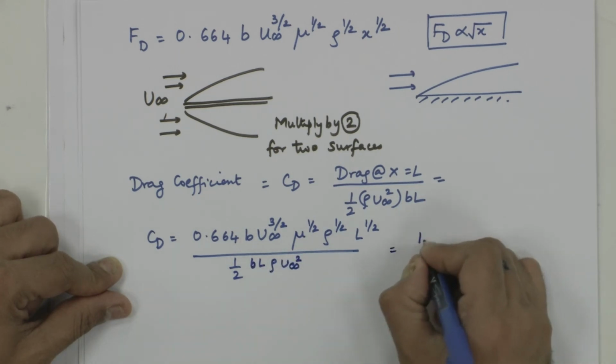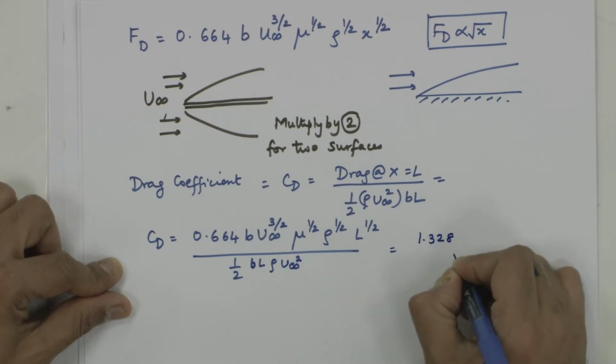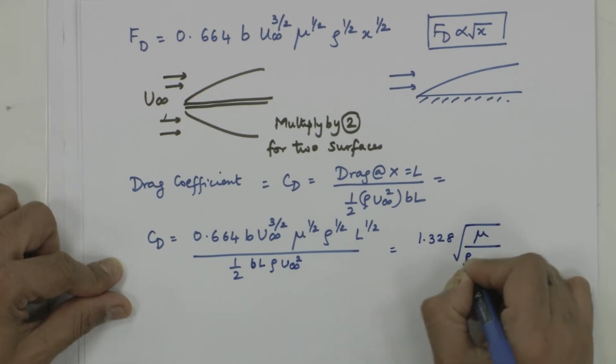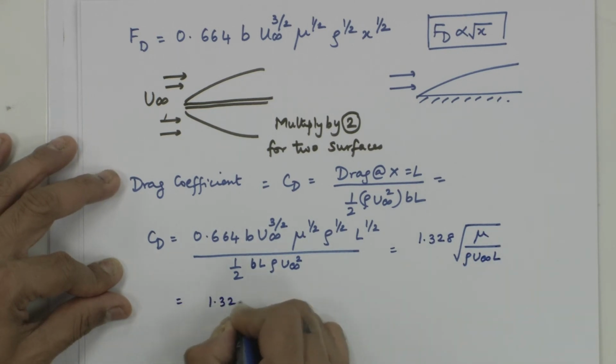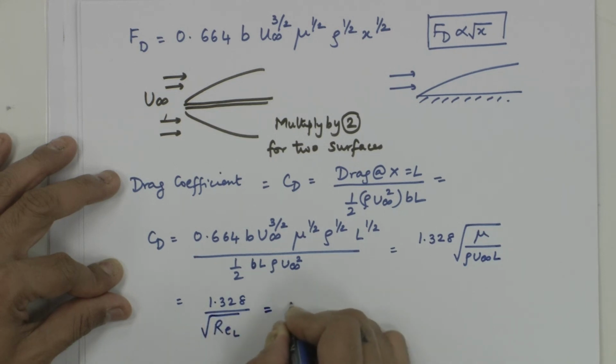This is nothing but 1.328 mu over rho u infinity L, which is nothing but 1.328 by Re_L,